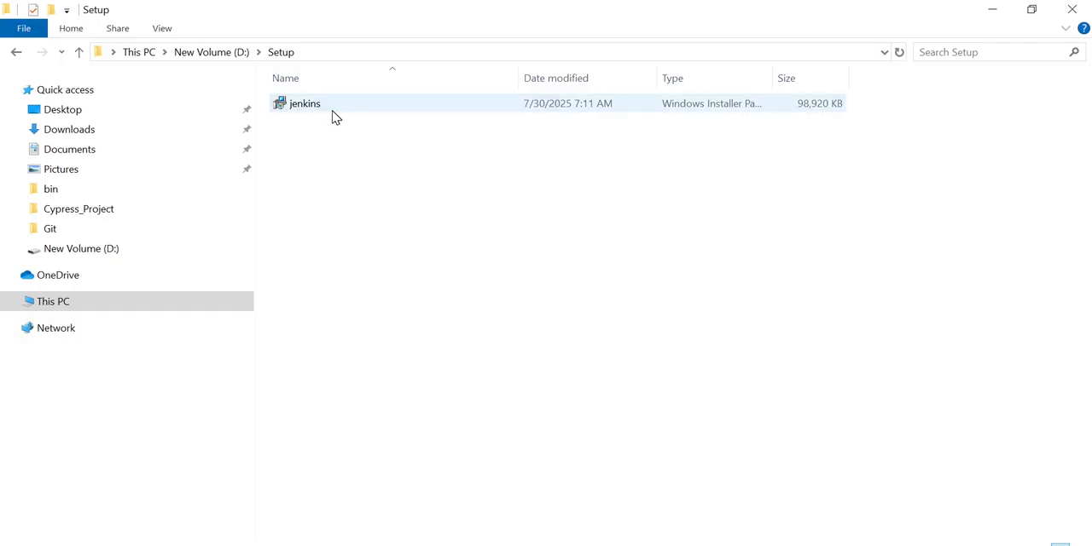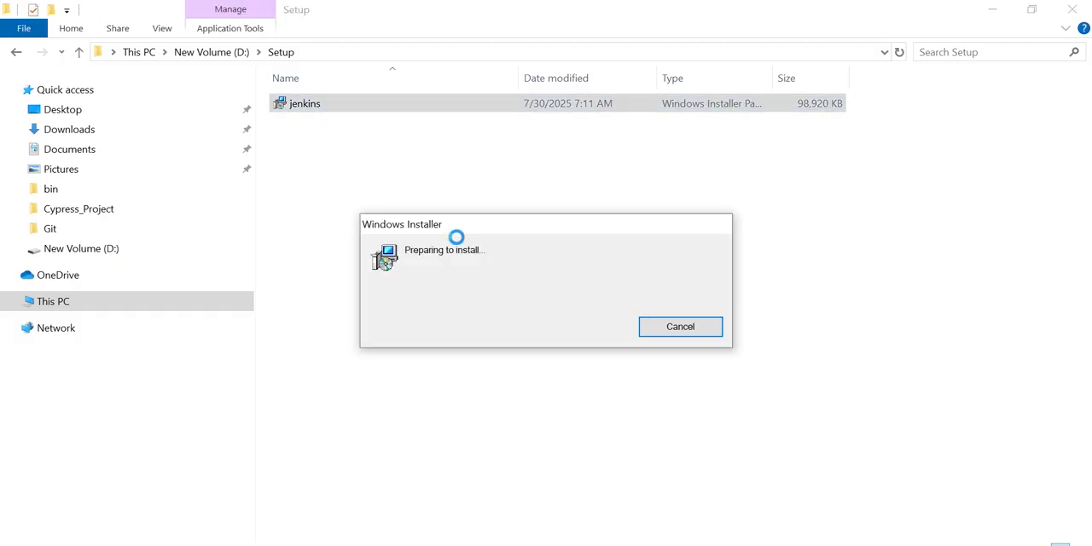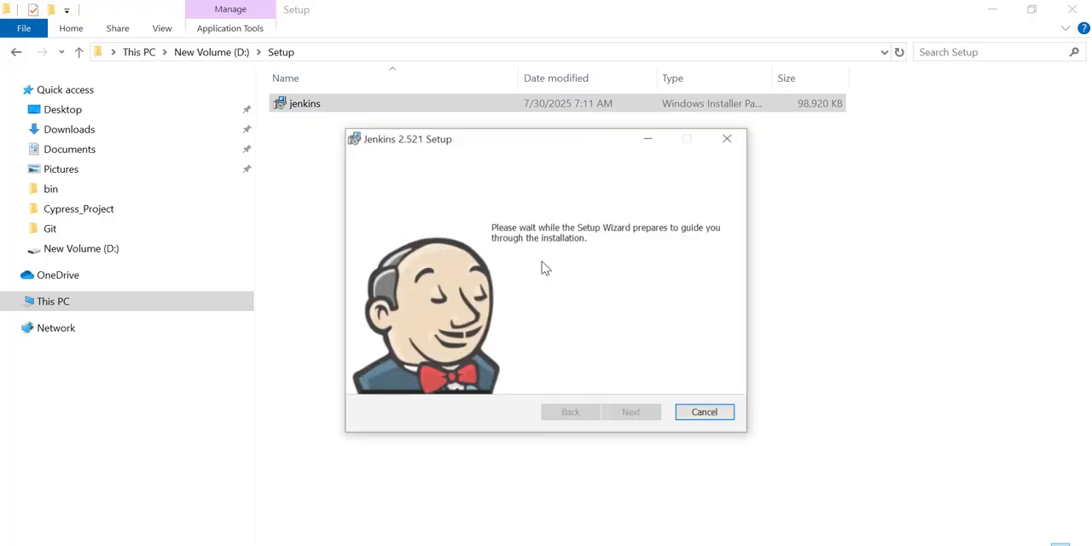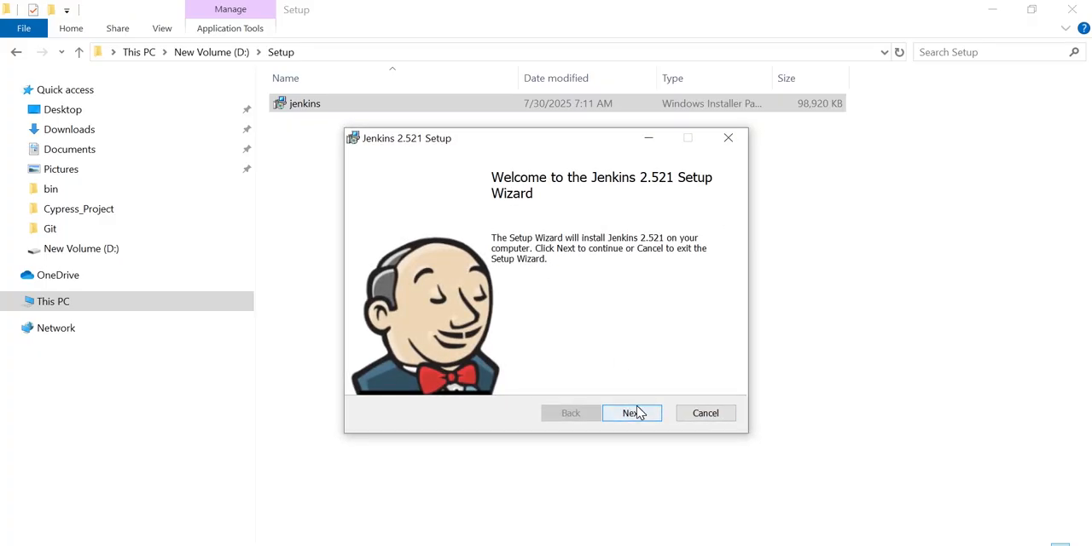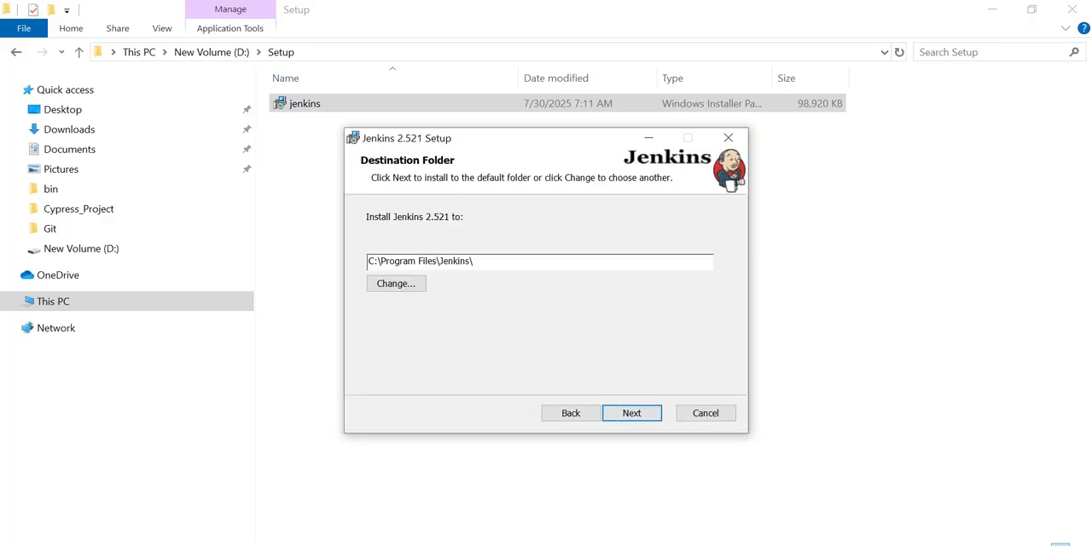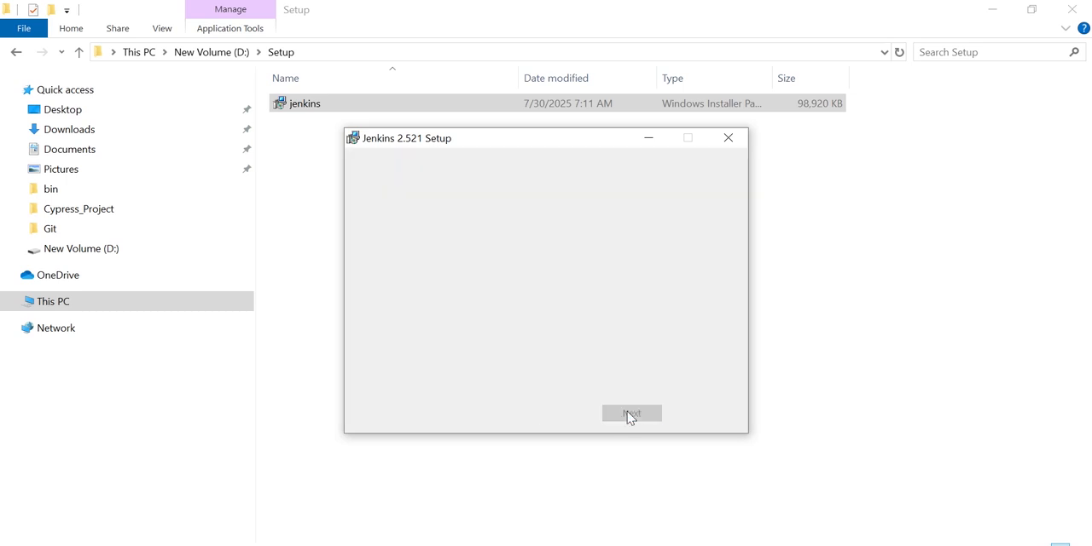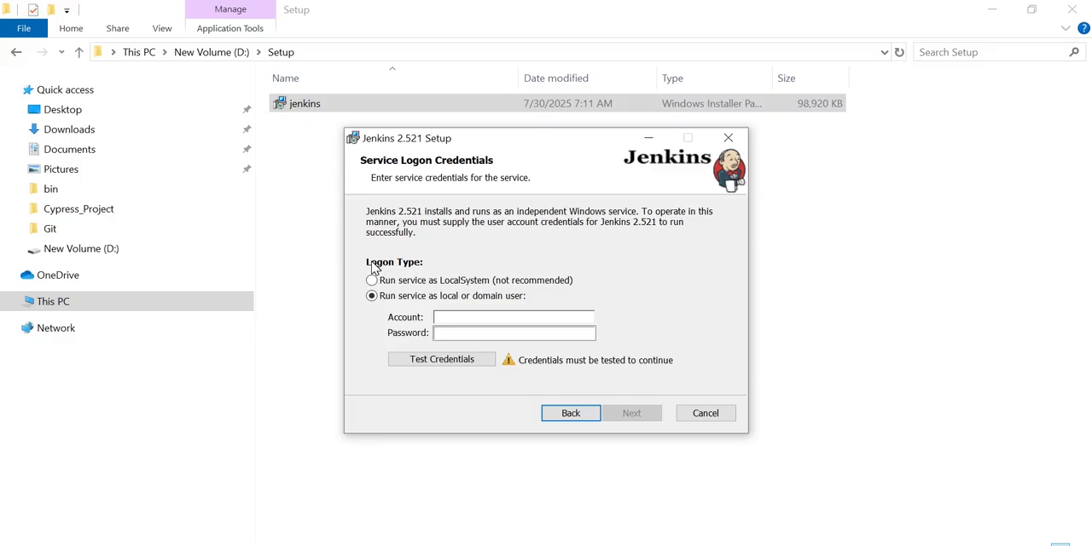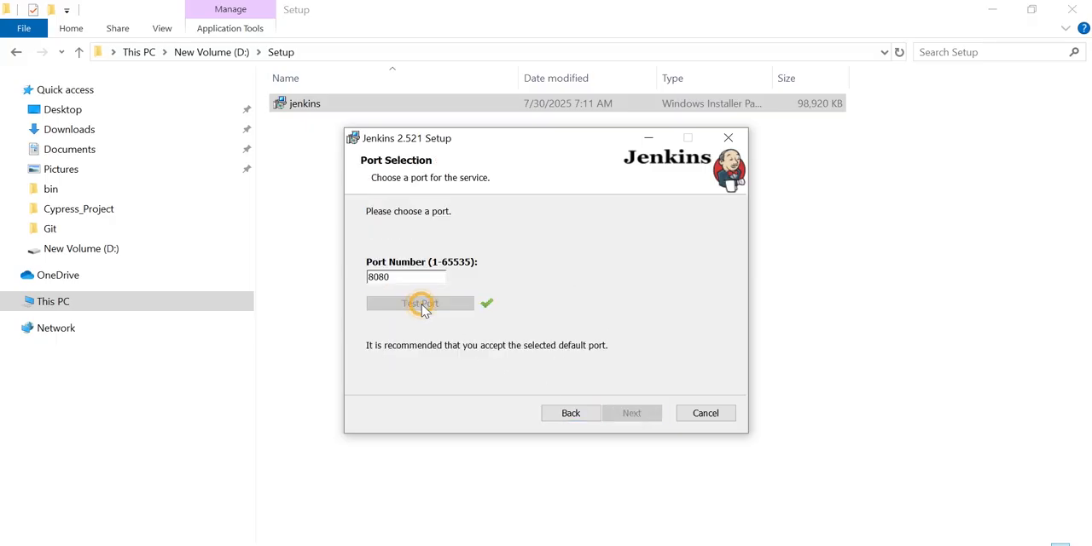Click on this Windows installer package, preparing to install. Now click on next. See Program Files, this is the location in which Jenkins will be installed, the destination folder. Click on next. Now here are two options for login type, run service as local system. For now, click on this one, next. Click on test port. Click on next